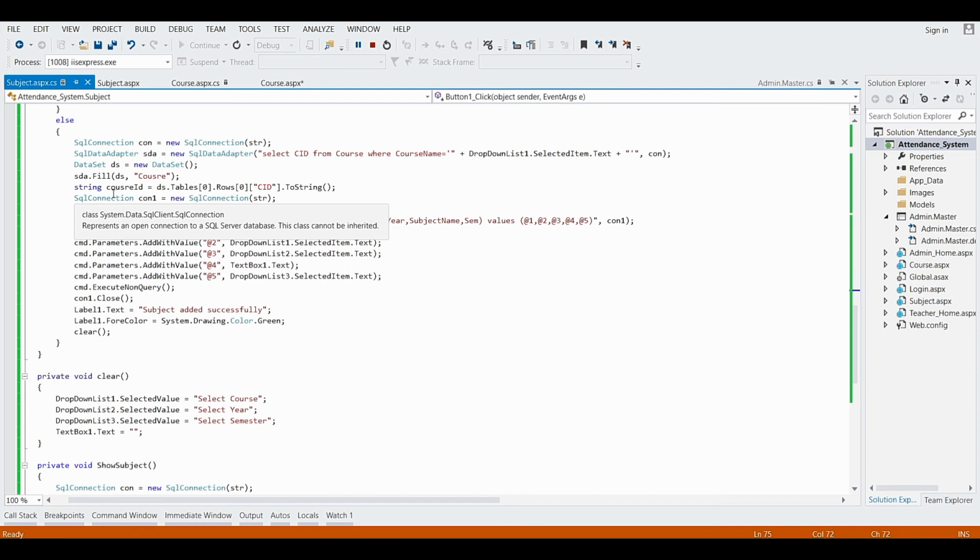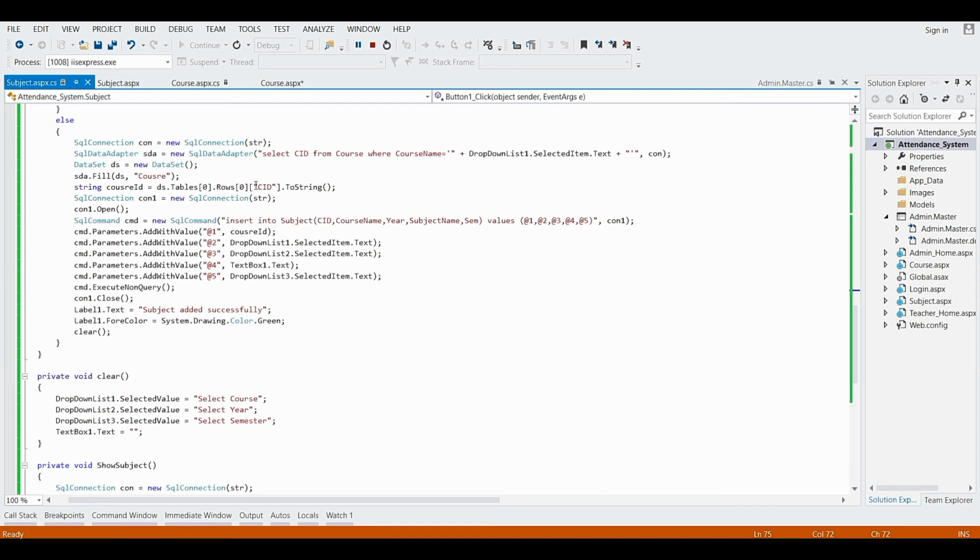After that, the record which has been stored in the data table, we now have to get that record into the variable course ID. Here it gets the course ID from ds, that is dataset dot tables, the table at 0 index, rows at 0 index, and the column at 0 index, which is CID.